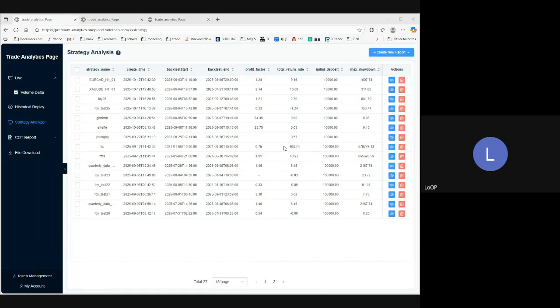Hello everyone, welcome back. This will be the second video introducing our trade report functionality. In this video, we will go through a third-party trade report, a third-party trade record that we upload to